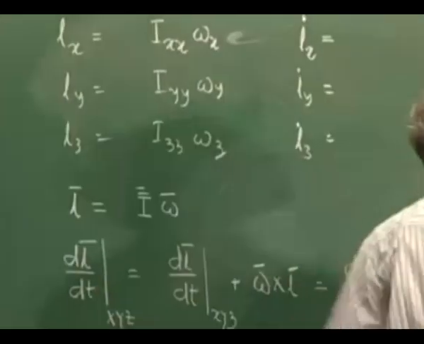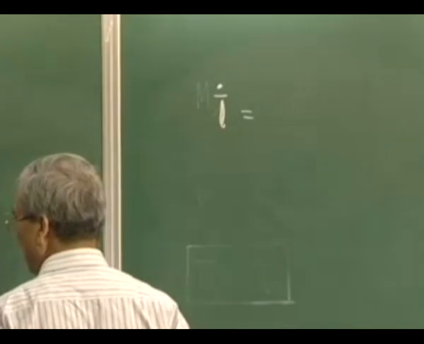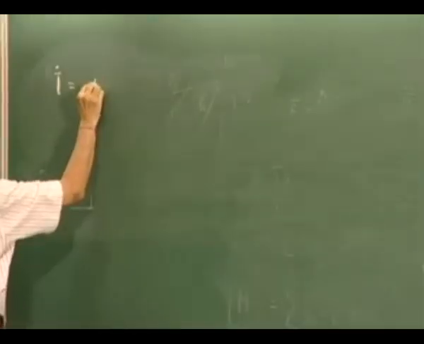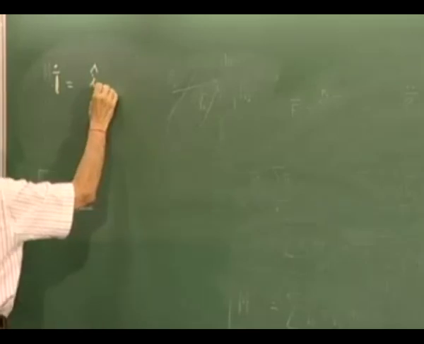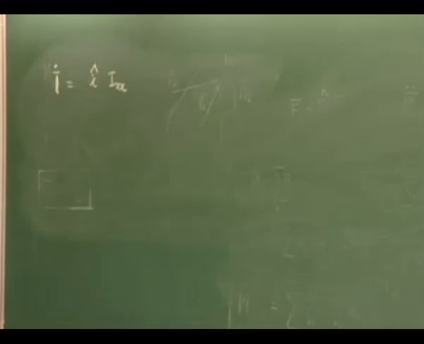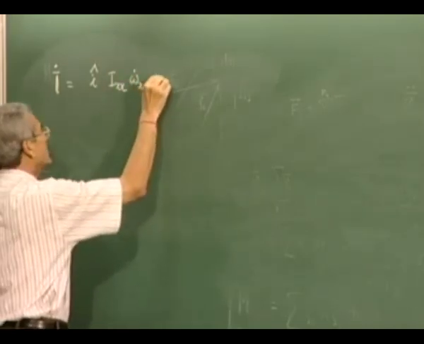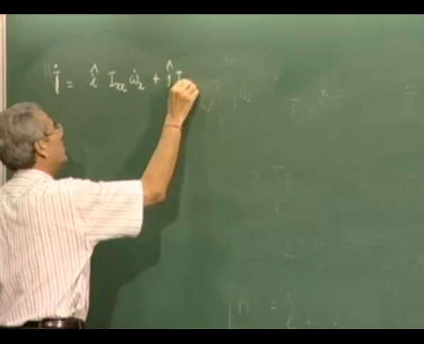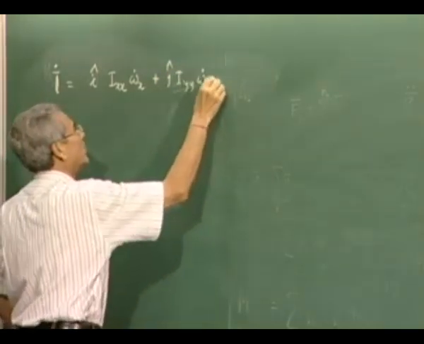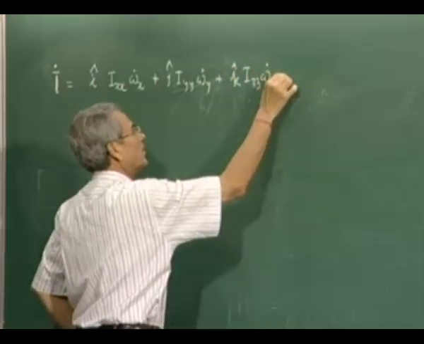So what we will get, this L dot, the rate of change of the angular momentum with respect to an absolute frame of reference, is equal to i hat Ixx, when I differentiate this, only this can change, so it will be omega x dot, that is the magnitude of the angular velocity component, plus j Iy omega y dot plus k Iz omega z dot plus